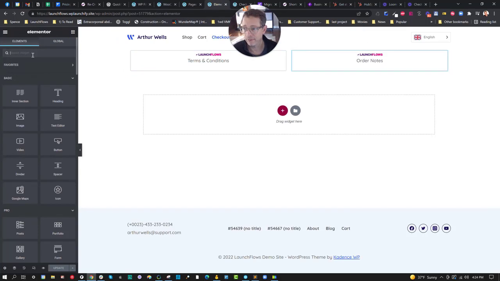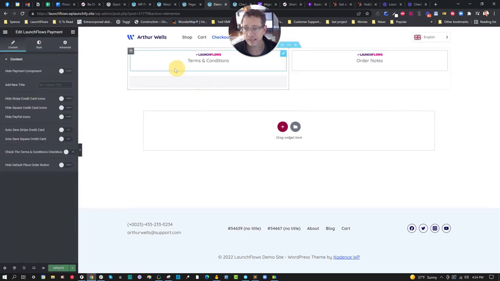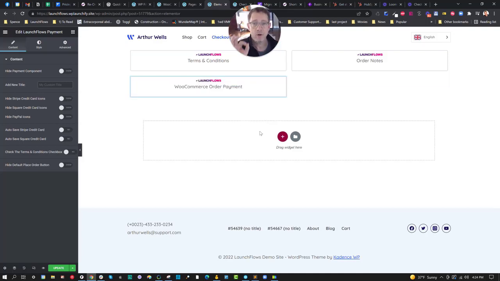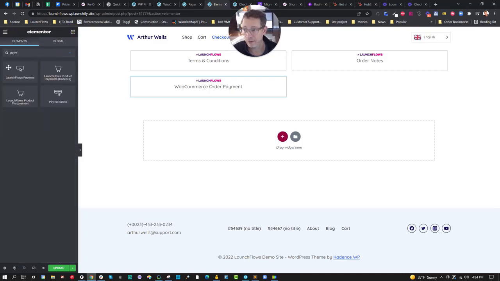So, you know, whatever, if I wanted to put the payment stuff in the left column, just take the component, move it where you want. The rest of the default components will end up below. Super simple. The PayPal component will only work when you're actually showing those PayPal buttons, but it's called the LaunchFlows